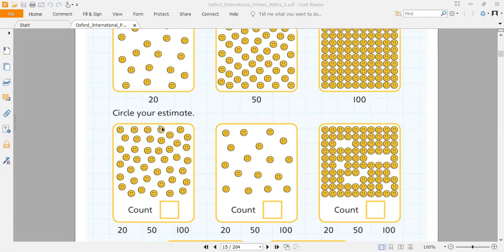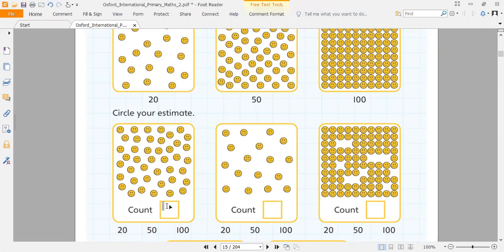1, 2, 3, 4, 5, 6, 7, 8, 9, 10, 11. Oh, we have to count it again. 1, 2, 3, 4, 5, 6, 7, 8, 9, 10, 11, 12, 13, 14, 15, 16, 17, 18, 19, 20, 21, 22, 23, 24, 25, 26, 27, 28, 29, 30, 31, 32, 33, 34, 35, 36, 37, 38, 39,